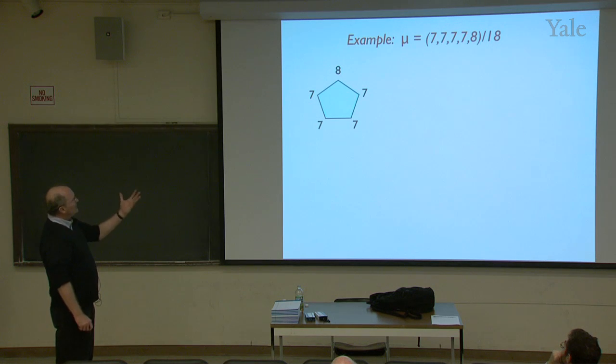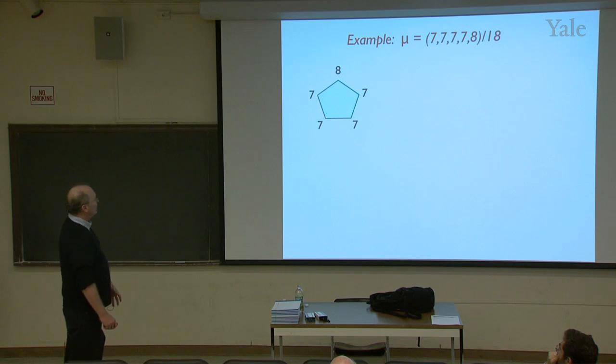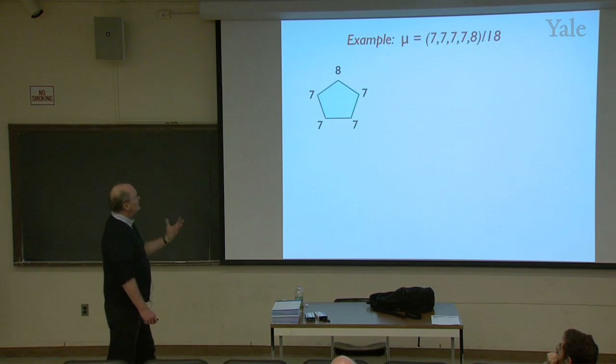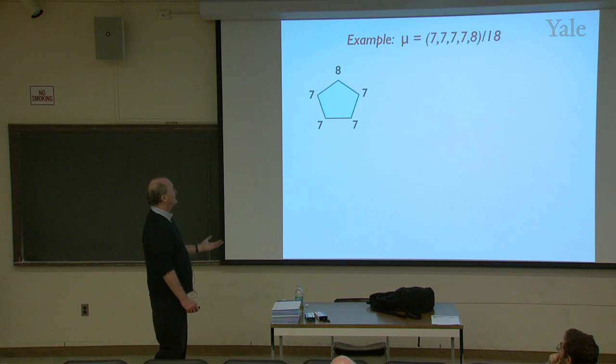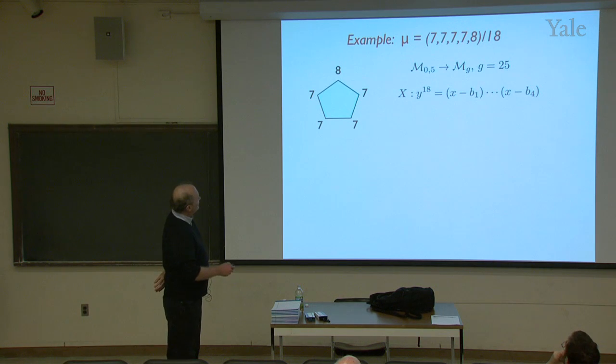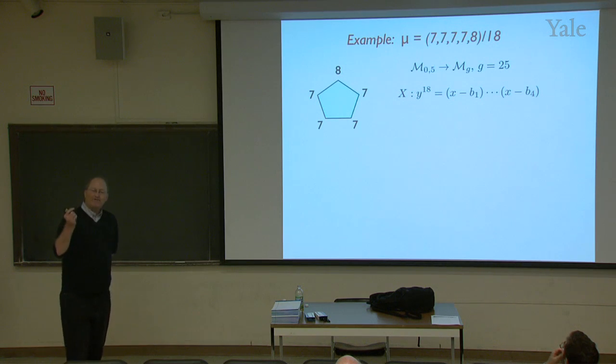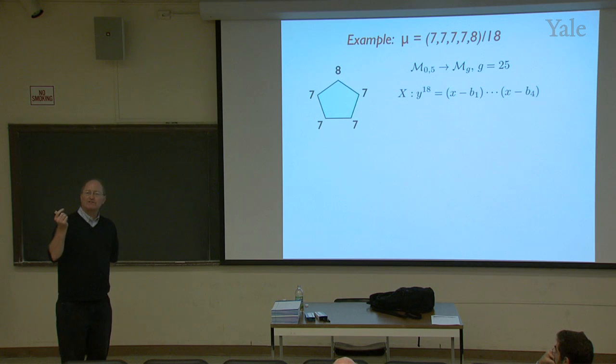And what we want to do is map the space of such configurations of 5 points interpreted as polygons into complex hyperbolic 2-space. Let me just explain how this can be done. So here's a nice idea. If you have 5 points on a sphere, you can associate to those 5 points a Riemann surface of genus